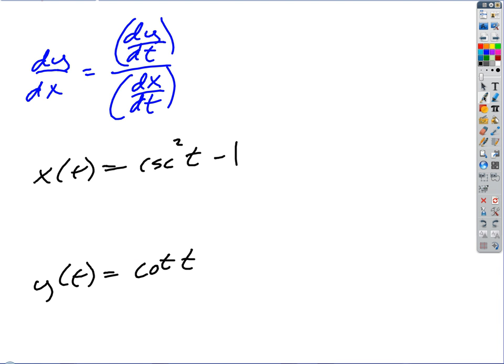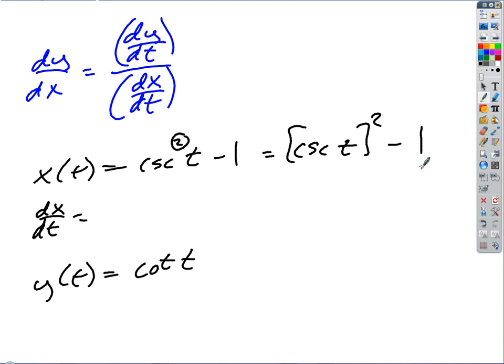Okay, so what about this top one? What's dx/dt? How am I going to rewrite this? I could rewrite this as that squared. Remember, that's actually the outer layer of that composition. We've got a multi-layer function, and that's really cosecant t quantity squared minus 1. Good. So then, by the chain rule,